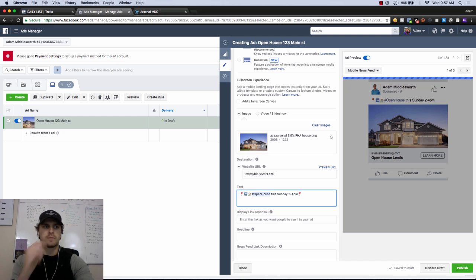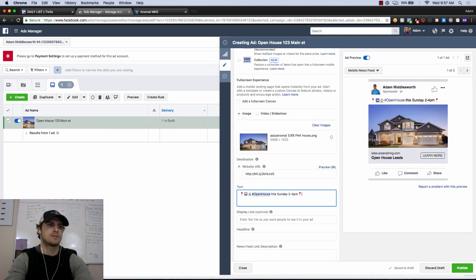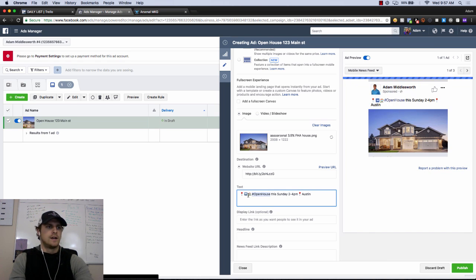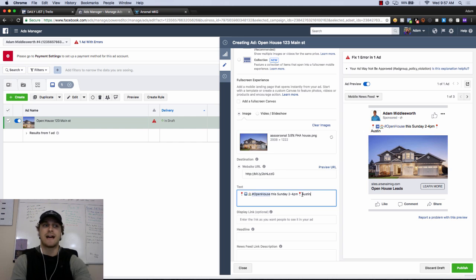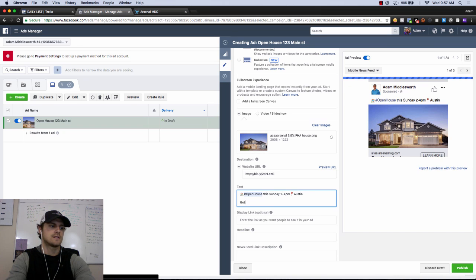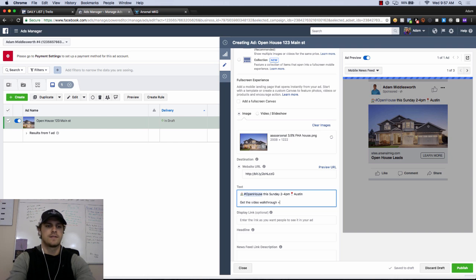And then this is where I would just put the city, probably. So I would put Austin, or Lakeway, or wherever you are within Austin, right? Or this is where you can test putting in the actual address of the home. But again, I would just go with that for now. I'm going to copy this, scroll down, and this is where I would say